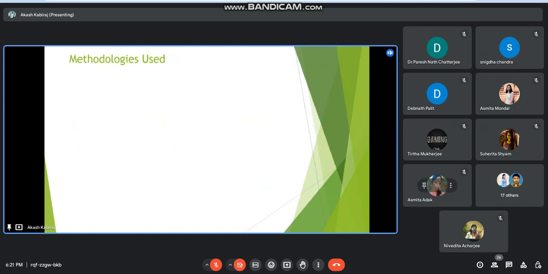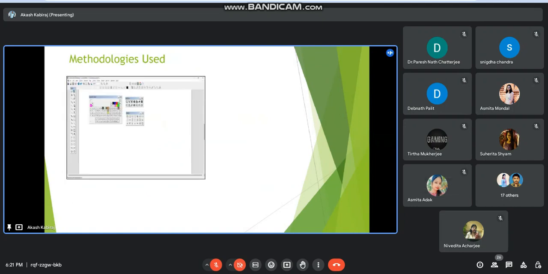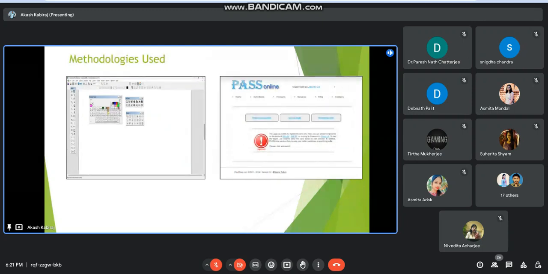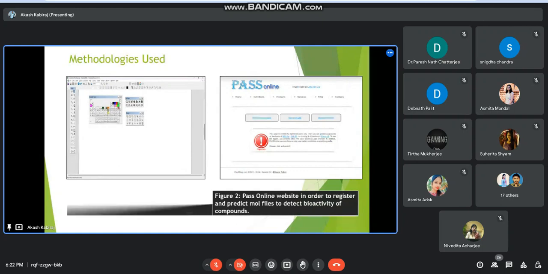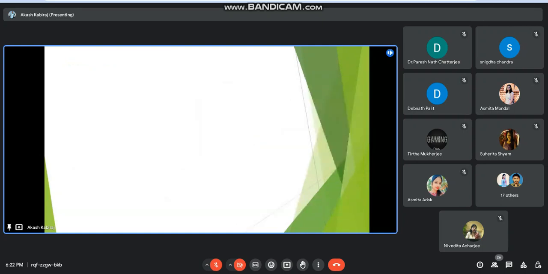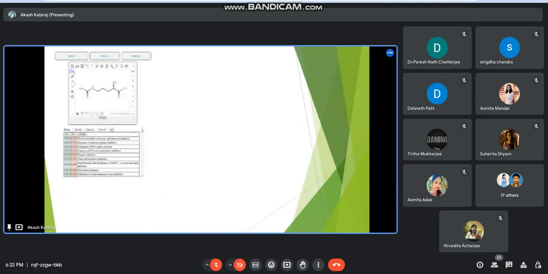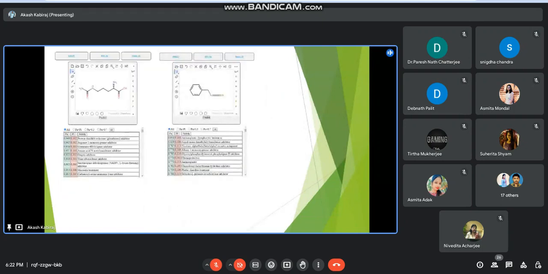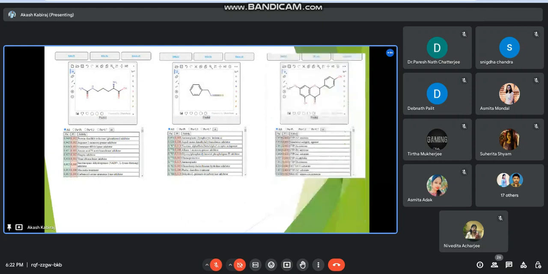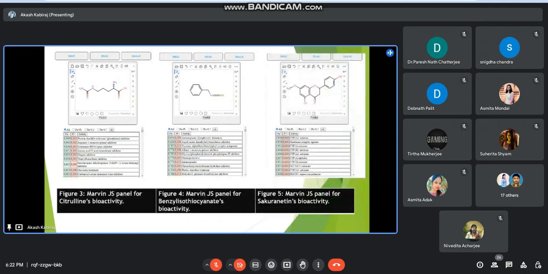Next, for the methodologies which I have used, first, the ChemDraw software, which is used for designing the compounds. The Registration for PASS Online website, on which I am currently logged in. Secondly, the MarvinJS panel for citrulline, benzyl isothiocyanate, and Sakuranetin, and the bioactivities which are listed below. I have selected 5 among them, and today I am going to present the main findings on 3 of each